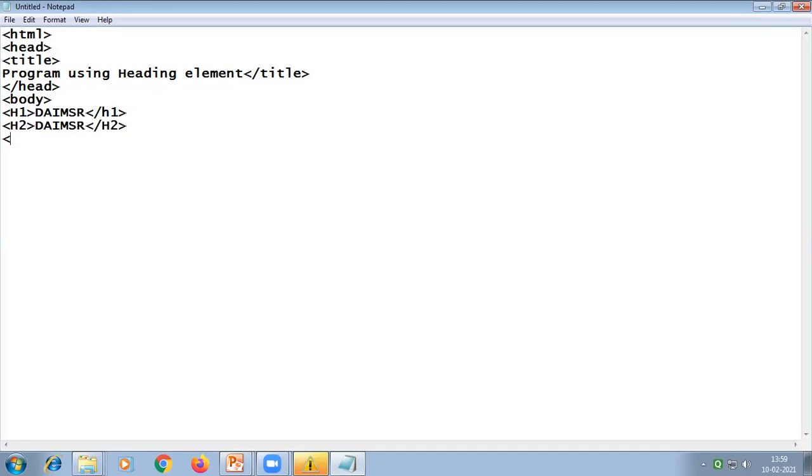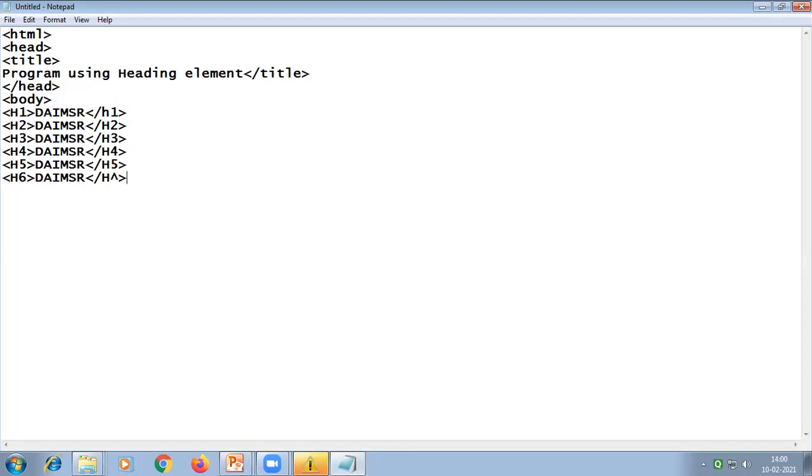Now you will see that all the headings are different in nature with respect to their font. We can see that the font size and font style change accordingly as per the level of the heading. So as the number after H increases, the font decreases. That is the mandatory rule point you have to keep clear in this particular topic. Now the last level of heading is H6.